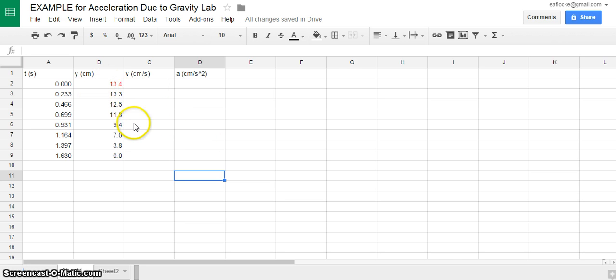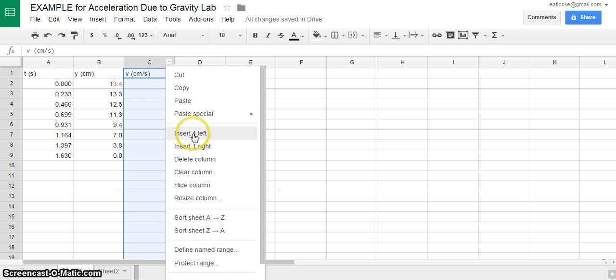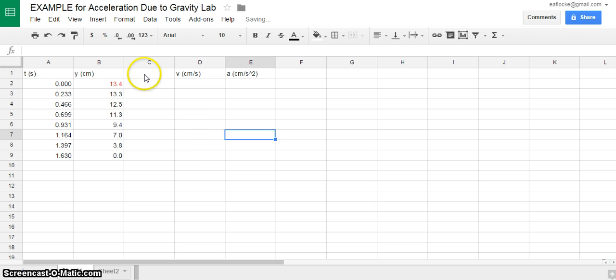But don't do that. Don't just add one like that. I'm just doing that to show you how to use the spreadsheet. What I think is going to be useful for you guys is to do this. Go up here till you get this little thing. Go to insert one left, or insert a column. Let's put this in as,